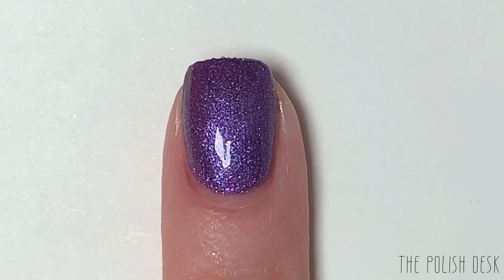There is obviously like a pinkish or like a purple kind of shimmer in this, like there isn't just blue. So I really liked that, and I really hope to see a little bit more of it than I ended up seeing. So I am going to show you 3 coats here. Again, this is one that you might find looks really nice over another color if you want to use it as a topper. And I don't completely hate it here on its own in 3 coats, but I just wasn't